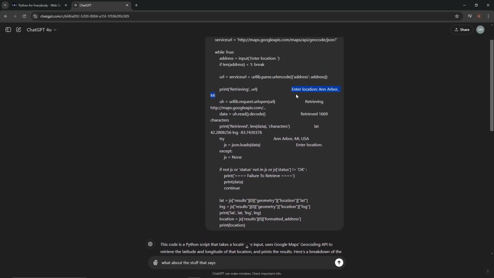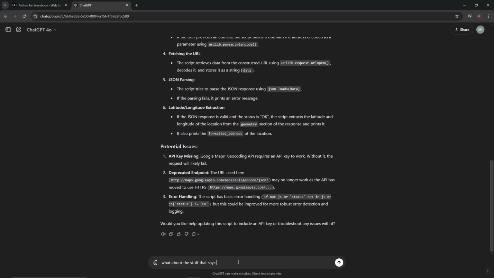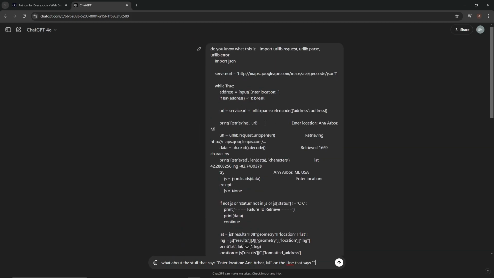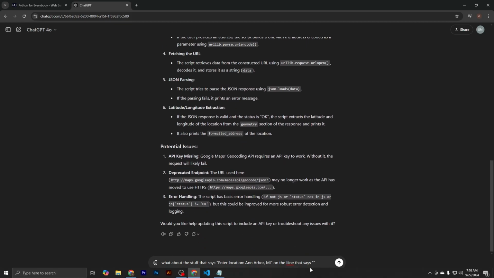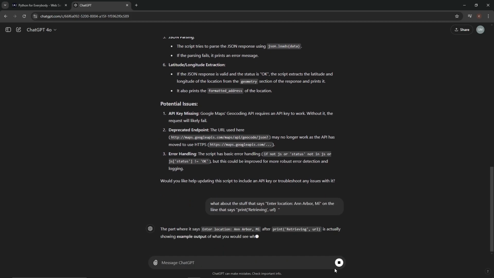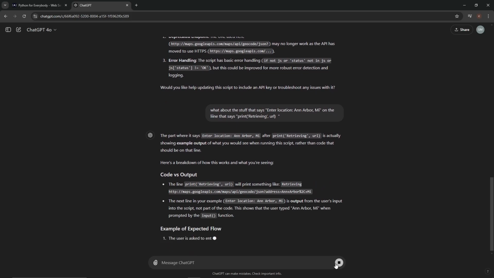enter location on the line that says print? On the line that says this. All right, cool.